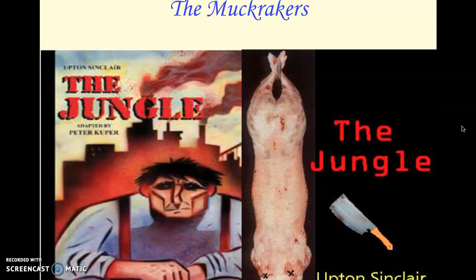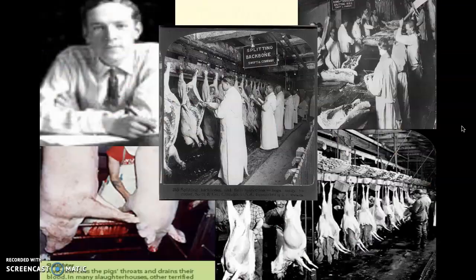One of the ways they did this was through a group of people called the Muckrakers. Muckrakers are going to be a group of journalists who are going to go out of their way to expose society's ills. The most famous of these was a guy named Upton Sinclair. He's going to write a book called The Jungle, which is going to describe the evils of the meatpacking society in Chicago primarily. We read portions of this last week. It is really gross, but it's very, very interesting.